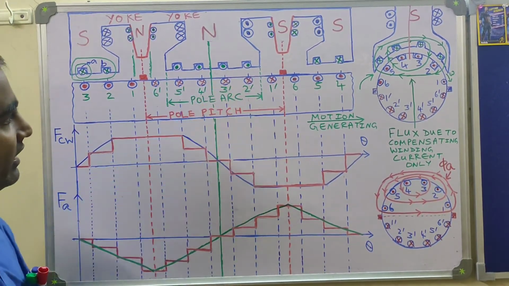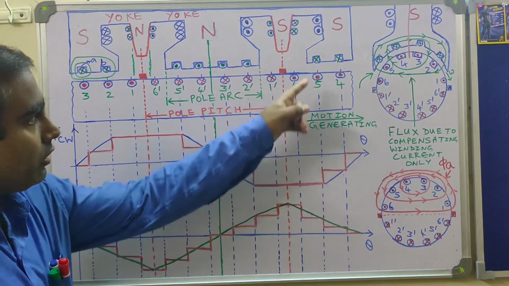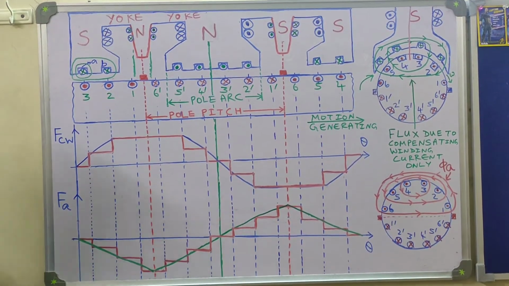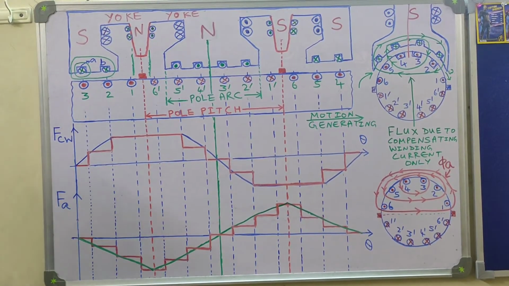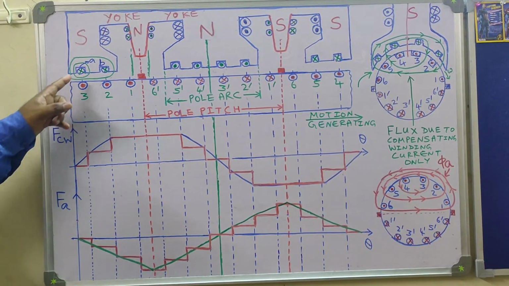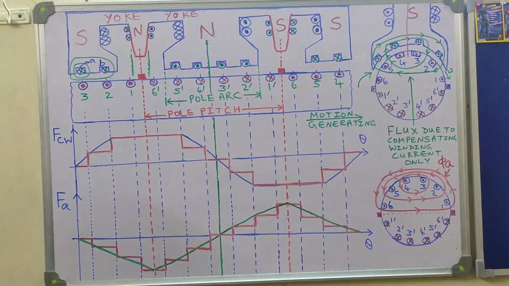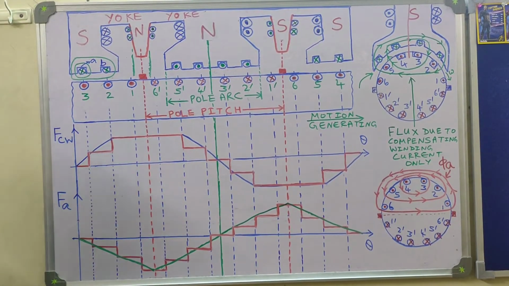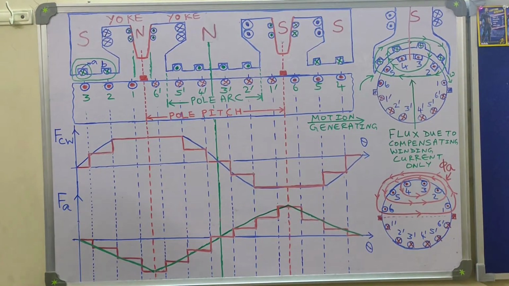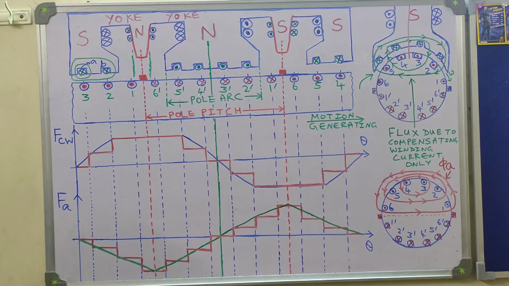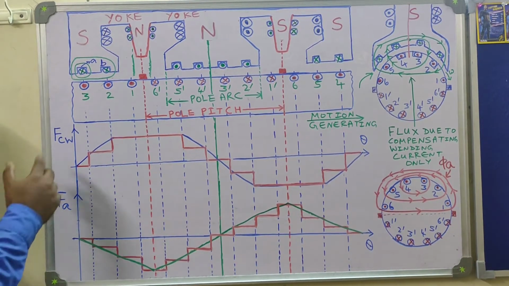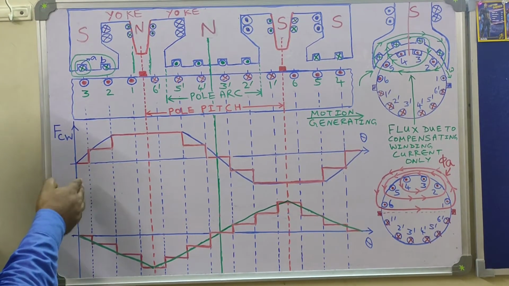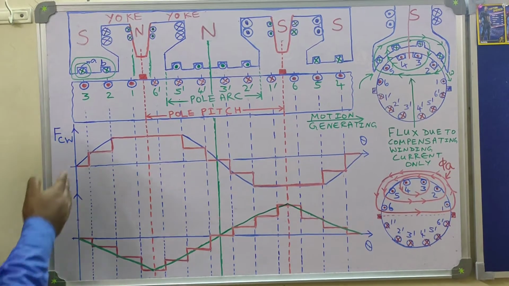Now why have we drawn the dotted line from the center of the slot? We have drawn it so as to ensure that we go on applying Ampere's circuital law for each of the conductors, or rather for each closed path, and we show the increase in MMF at the middle of the slot by a step jump. If you recall my earlier lecture regarding the slot MMF variation, there you would have found that the MMF variation for a slot pitch is shown by a step jump, and that step jump is shown at the middle of the slot.